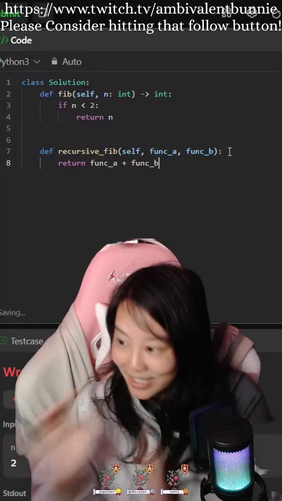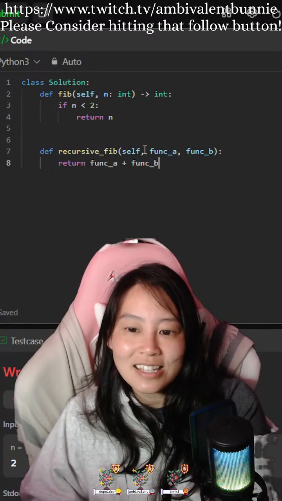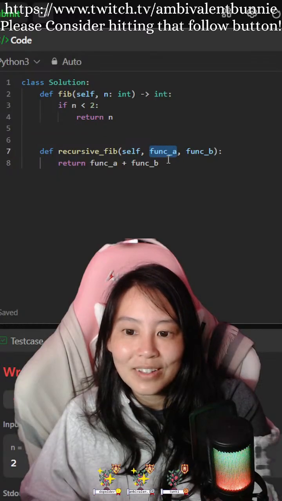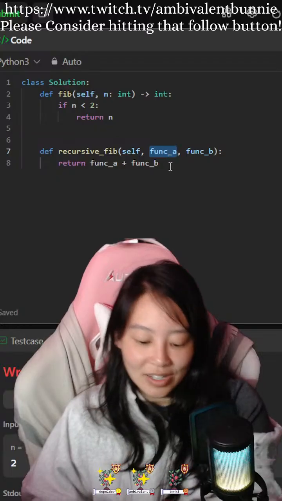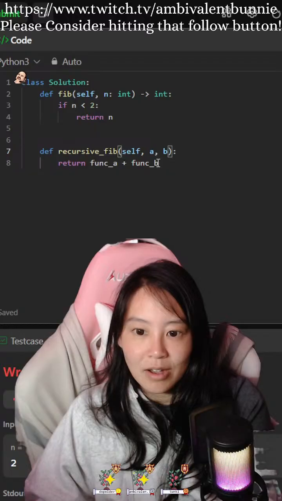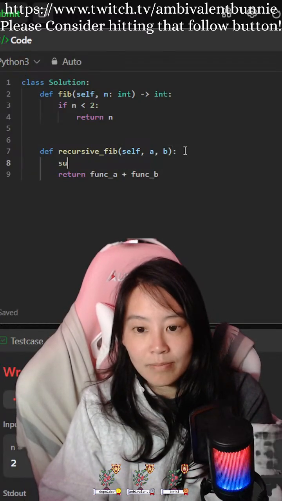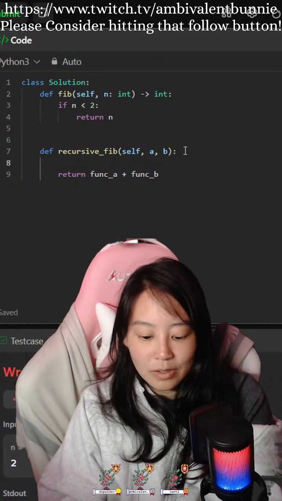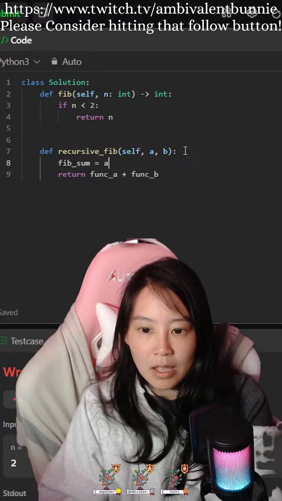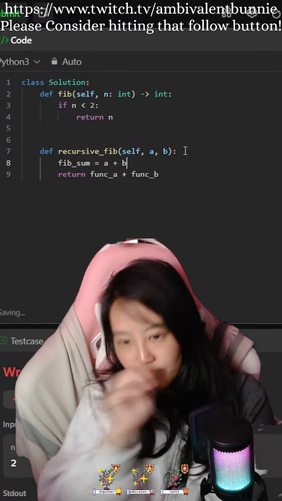That doesn't make sense to me. That doesn't seem right. Okay, hold on. Let me write this out really quick. Okay, so we know the sum, fib sum equals A plus B, right?